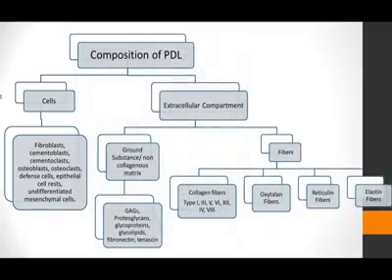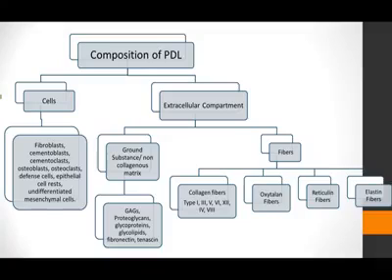So by composition, PDL space does not have any mineral. It only has soft connective tissue, which consists of extracellular matrix comprising of the ground substance, the non-collagenous matrix proteins, and certain fibers. The non-collagenous proteins consist of GAGs, proteoglycans, glycoproteins, glycolipids, fibronectin, tenascin, and the fibers consist of collagen fibers type 1, 3, 5, 4, 6, 8, and 12, along with oxytalan fibers, reticulin fibers, elastin fibers, and the